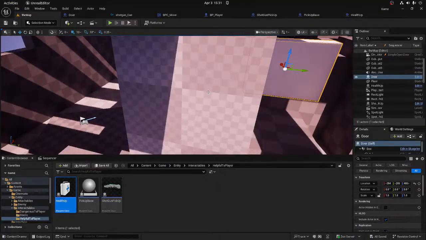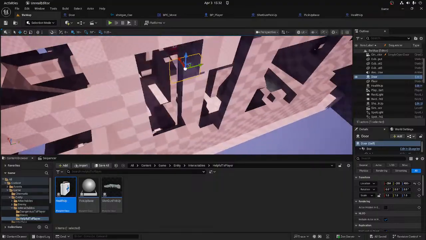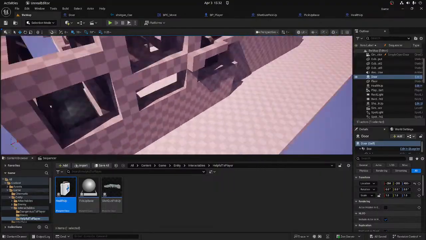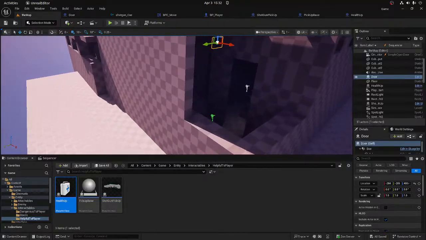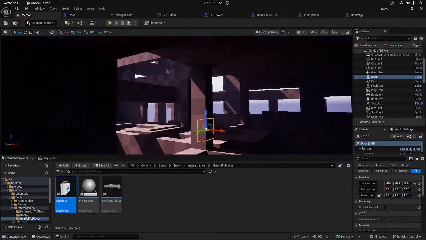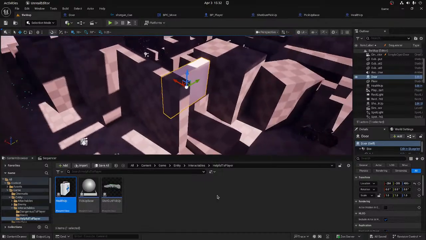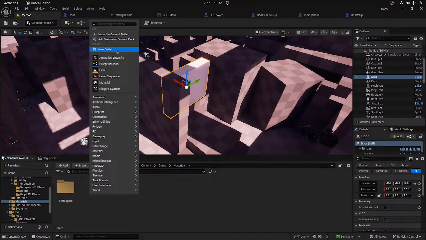So here's the thing though. We have a door, and we have this building, and it's very bland, and we have no enemies. So, that's kind of a thing. We need to do a couple things here, and I'm not sure which one I want to do first. But for the sake of what I'm doing, I'm going to go to Materials, and I'm going to say